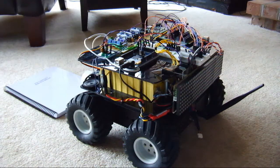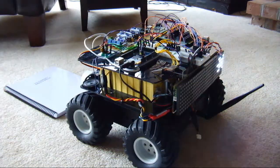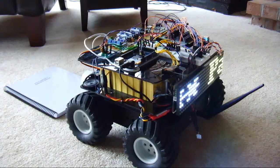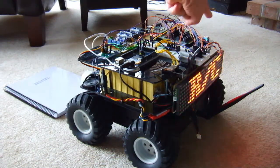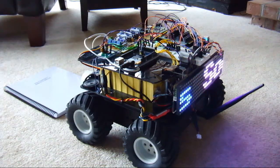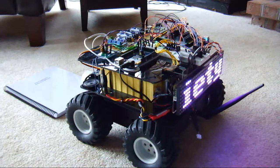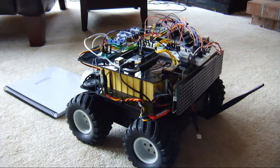Hi everyone, this is the next installment of the build video. I have the robot almost completed. Turn it on. Have GPS finally installed over here on this side. That is initializing. But the feature I'm going to show you today is the front headlight, which is now